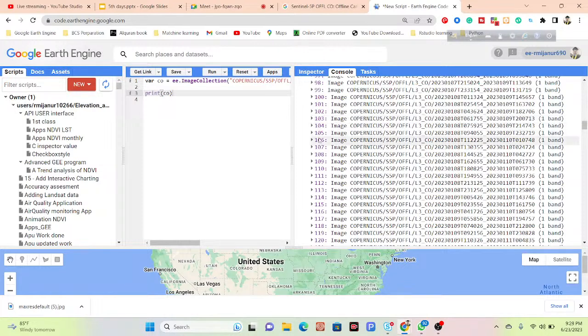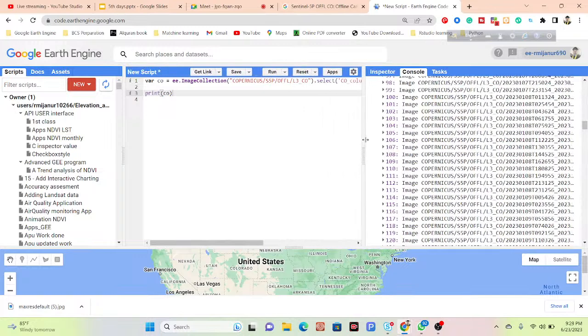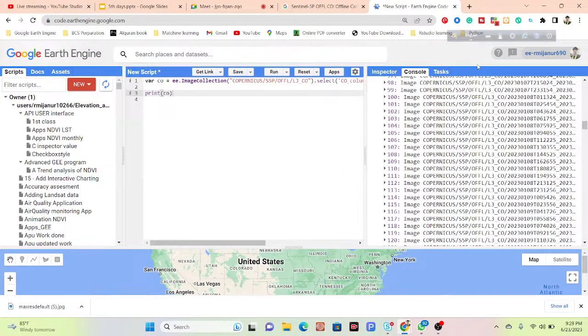Okay, so for that in this time when I want to visualize this image collection, first I need to reduce this image collection. Okay, so in this time I want to observe the result, all of those pixel values, all of those images I calculated the average pixel value. Okay, so for that what can I do? Same process, we need to use here the reducer. So take a variable, suppose I put the variable name is the average